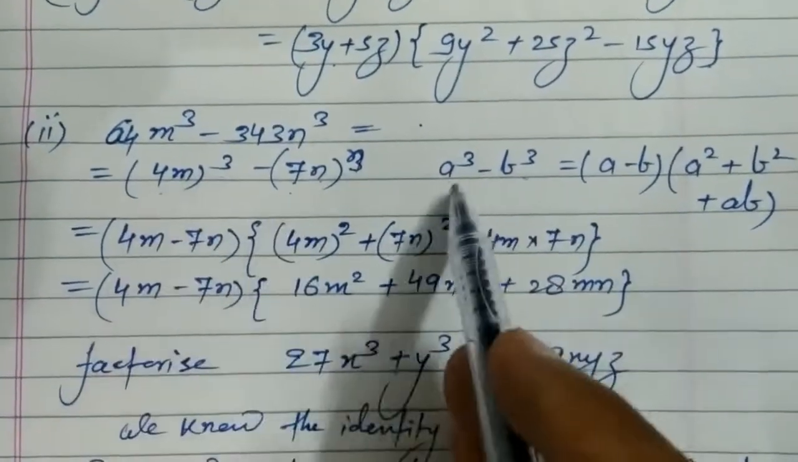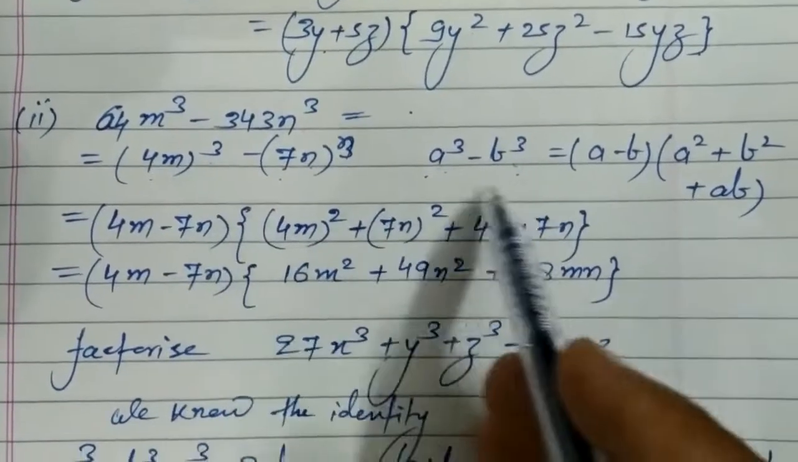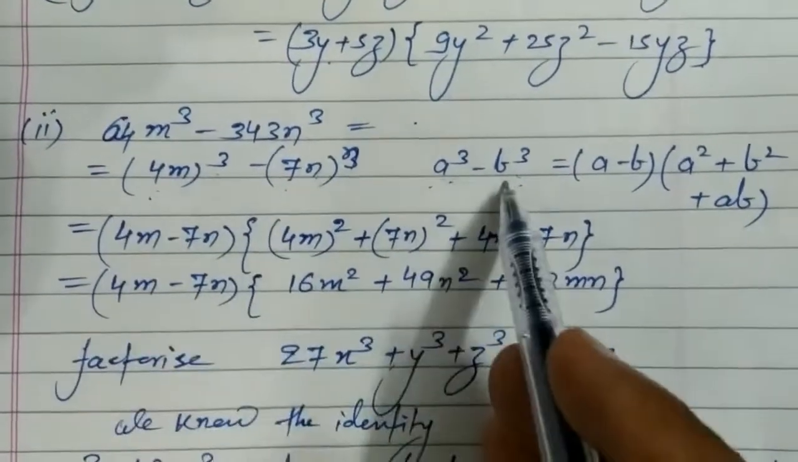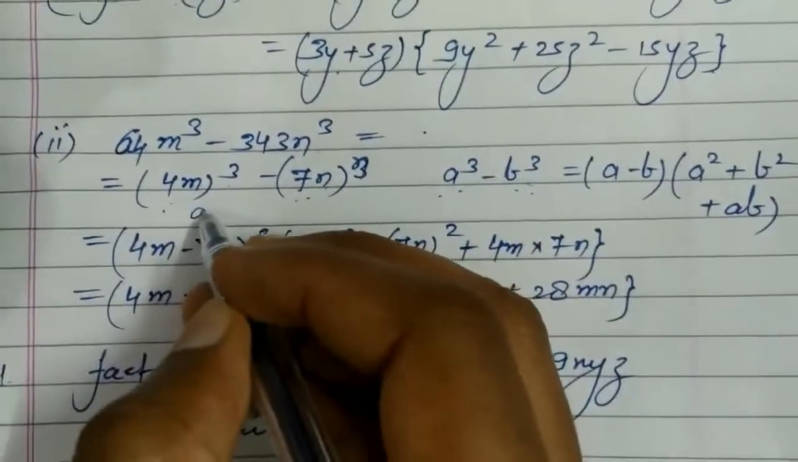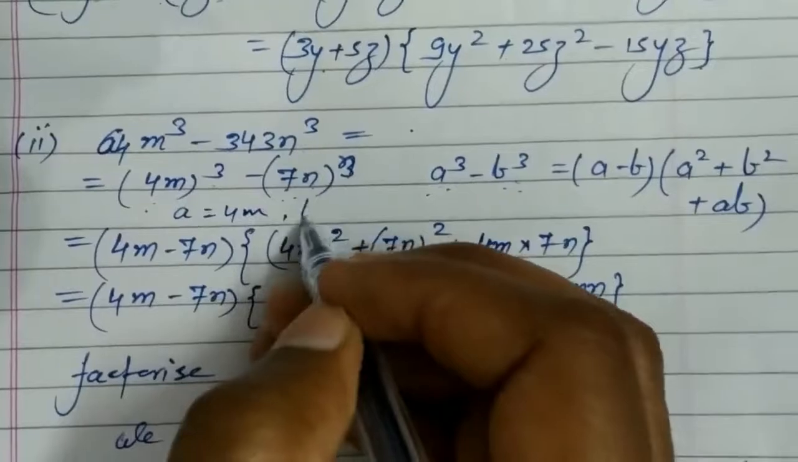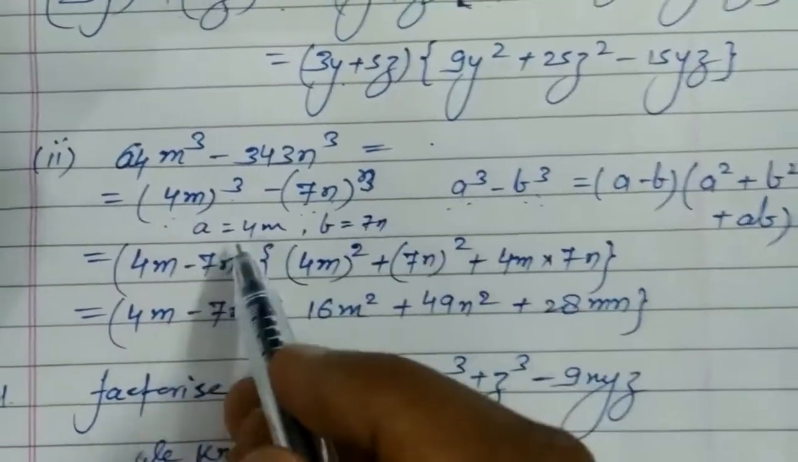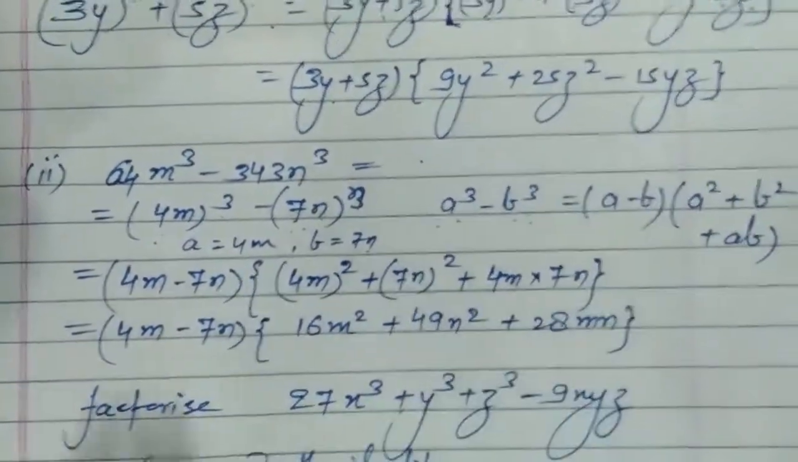When you compare this form with this form, a equal to 4m and b equal to 7n. Put the value of a and b. You can write here a equal to 4m and b equal to 7n. Put the value of a and b in this identity. We will get